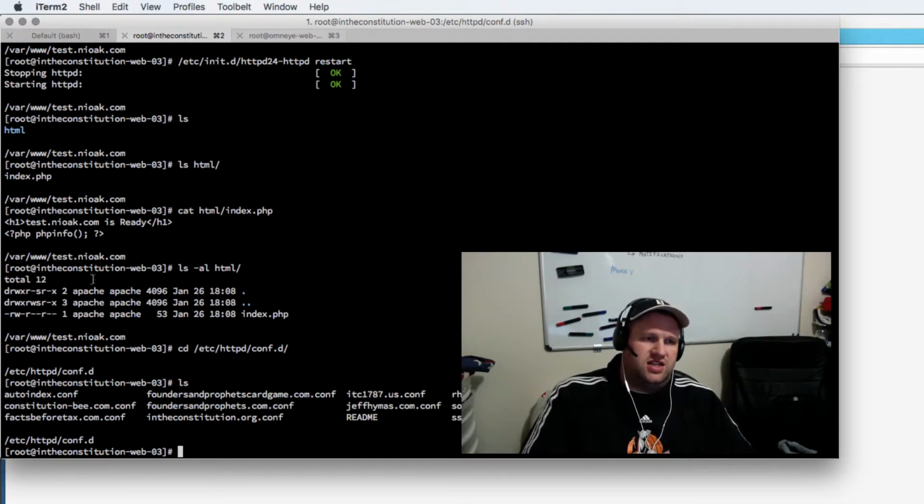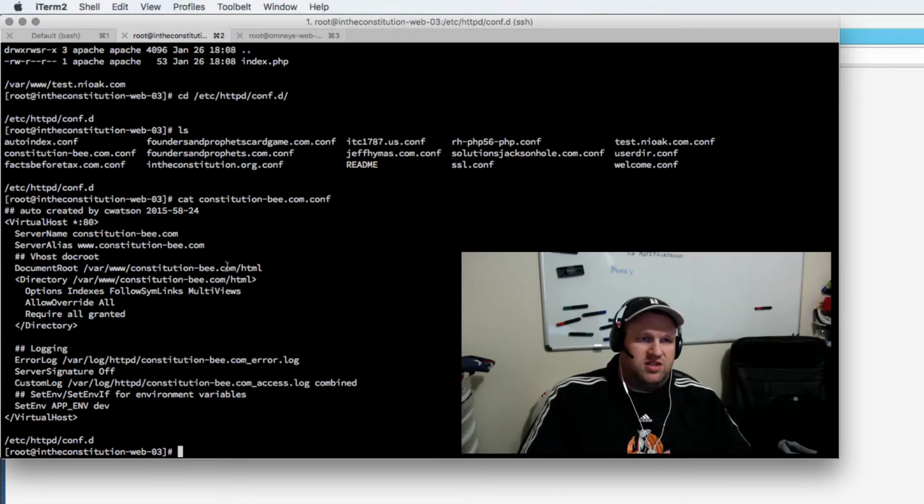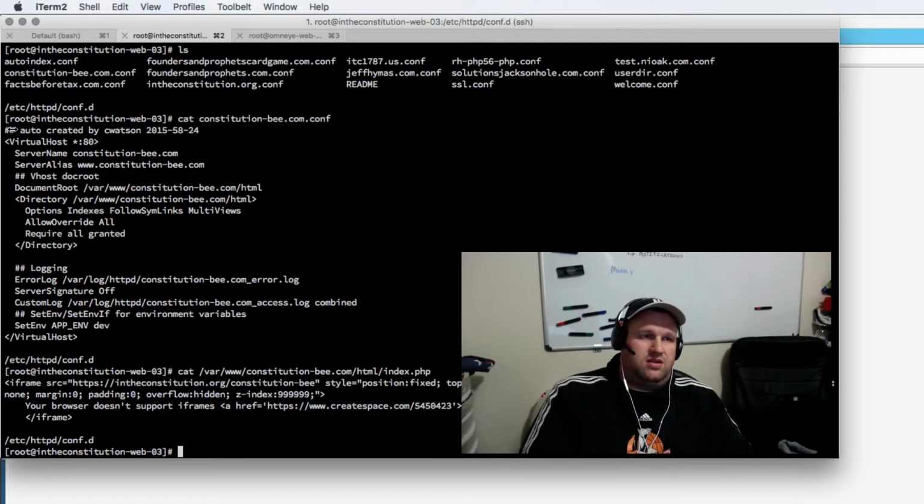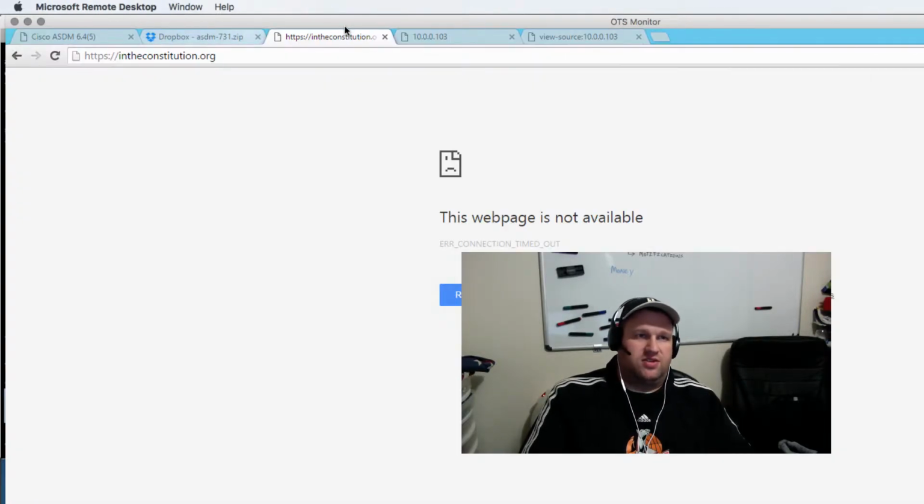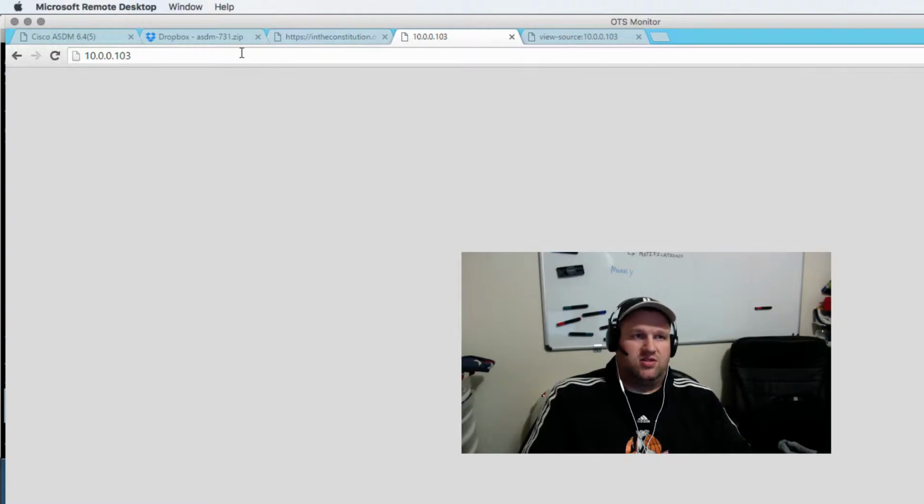the first one listed is the constitution B, which is it's going to send them to this document root that has that file that is being displayed in the source code. So if I just cat this, there you go. It's the iframe that we're seeing everywhere, that there's one that we're connecting to the local